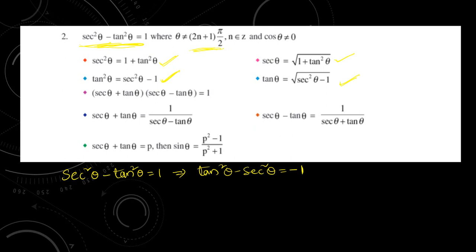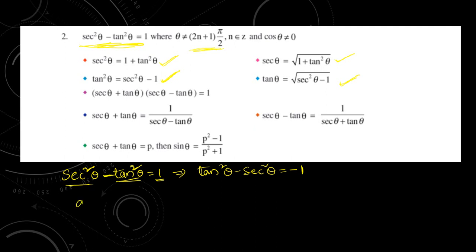So from that identity we got these 4, like how we got for the previous one, but in addition to that we have 3 more forms. Why? Because if you observe secant square theta minus tan square theta is equal to 1, in this we are having squares, and that too in the middle we are having minus.